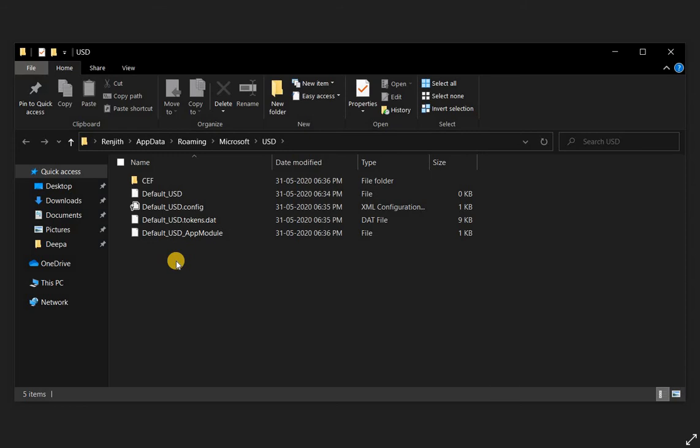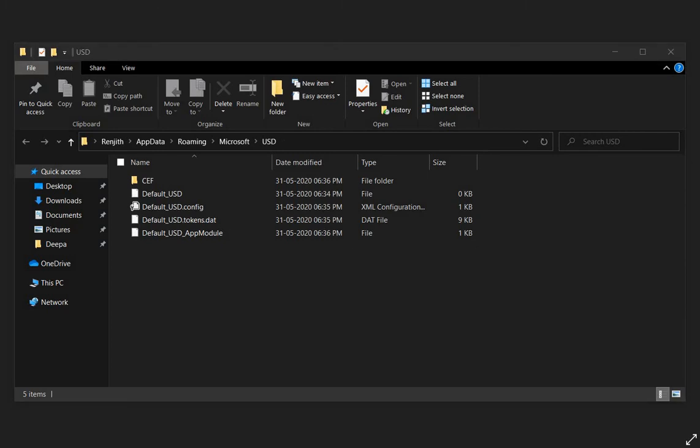To my surprise, out of the two users who reported this issue, it worked for one of them. As soon as they deleted this folder and restarted the Unified Service Desk, it worked for that person, but for the other person it didn't work. That was a little confusing, because I was not aware of anything else we could look into. Since it was taking time and it is in the staging environment, due to time constraints we had to raise a Microsoft ticket from the customer side, and we were waiting for their suggestions.